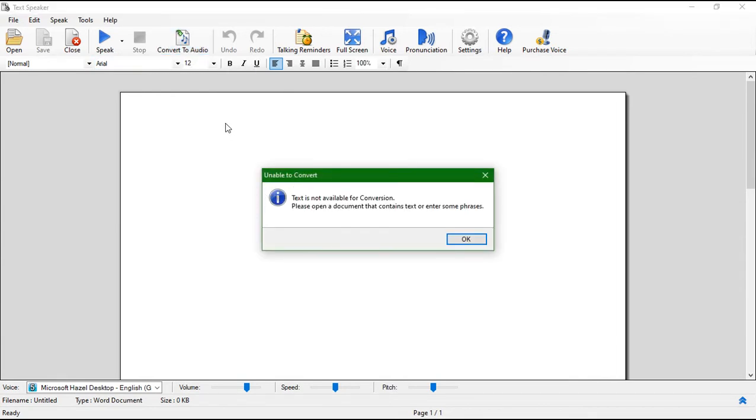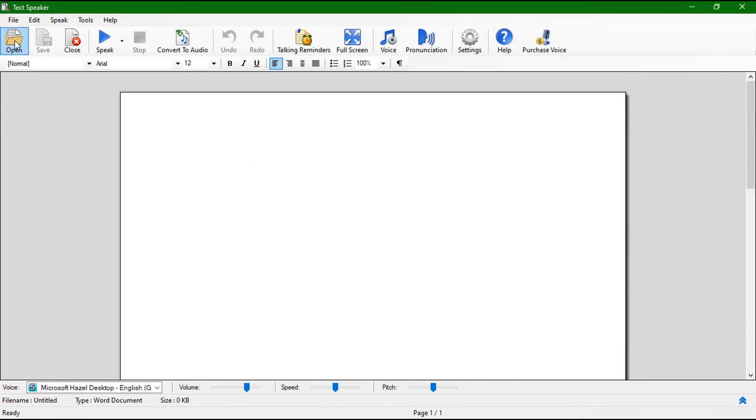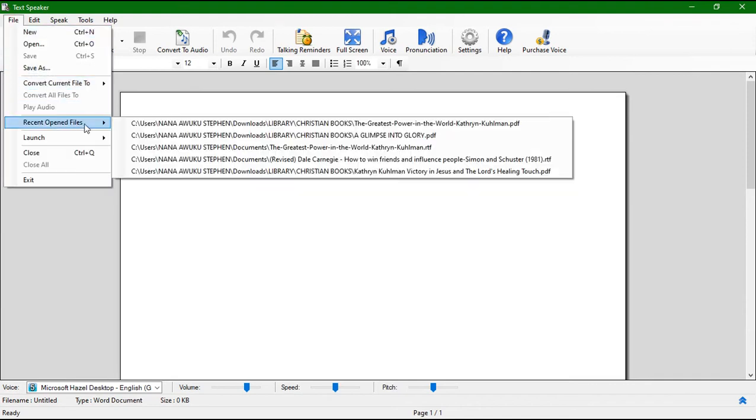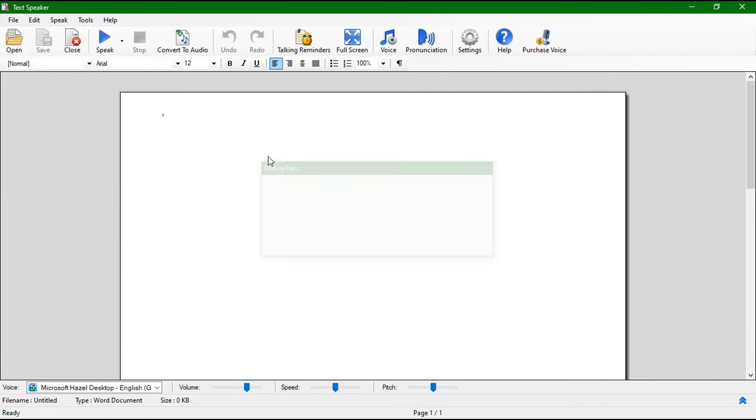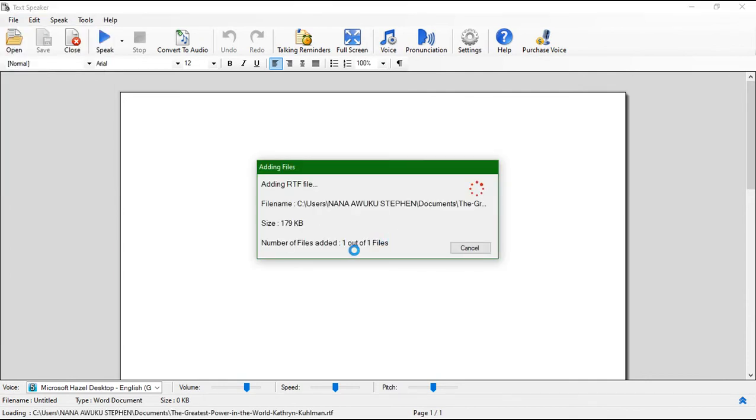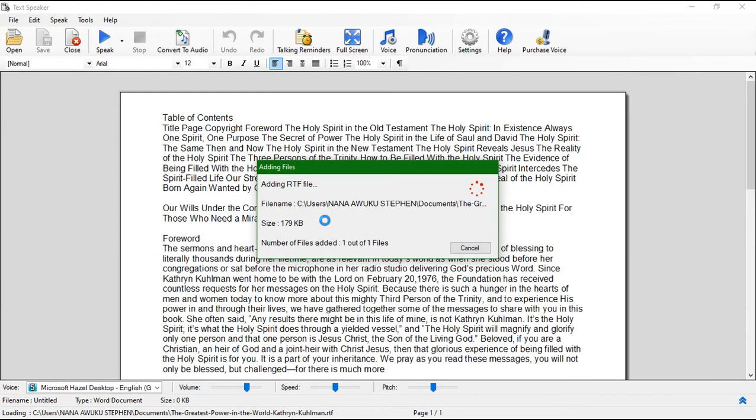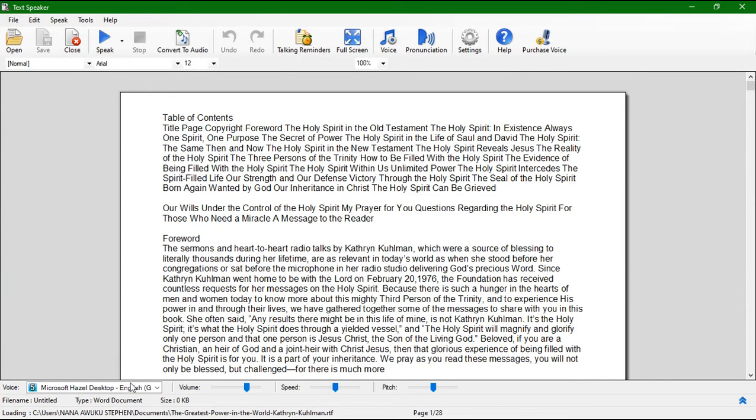When you are ready, you must first of all get your book into the working area, where the text will show. So let's go and get our text. I've already opened some texts here, so let me click on this one and open it. So we have it now. This is the text, or this is the book. The title of the book is